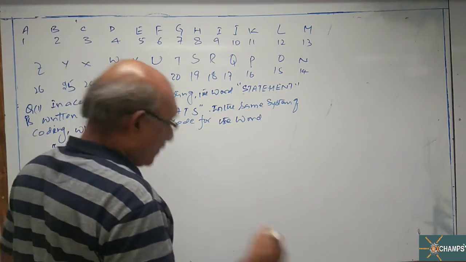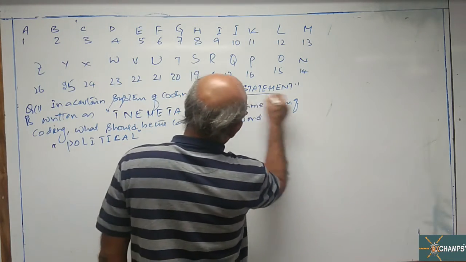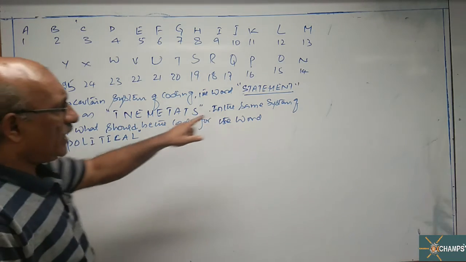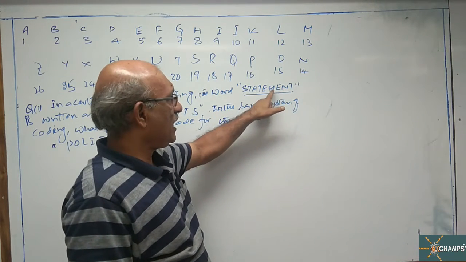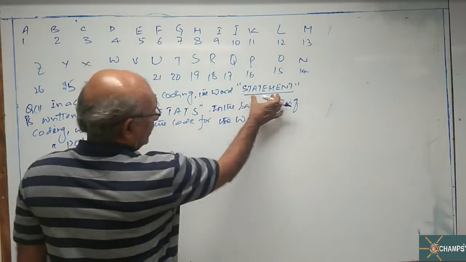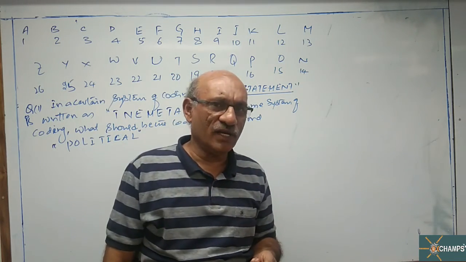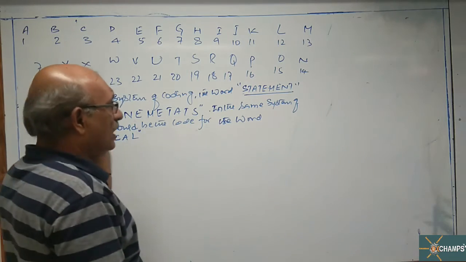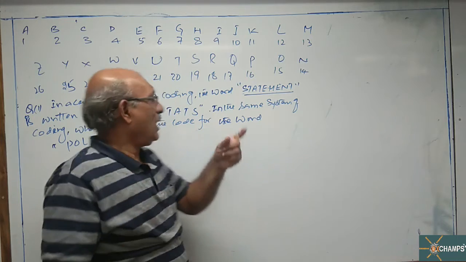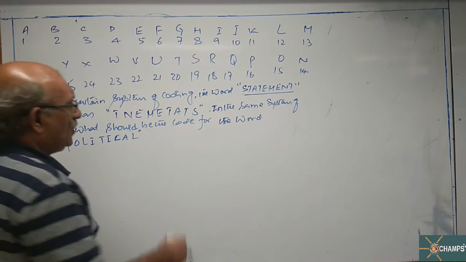Statement. How to write the solution? In the given code, the word statement is written in reverse order. Here T is the last letter: T, N, E, M, E, T, A, T, S. The same letters. If I put this statement in front of a mirror, the letters will appear in reverse order. Here also it is the same manner. Imagine that you put the word statement in front of a mirror and you noticed its image in this manner. Okay.